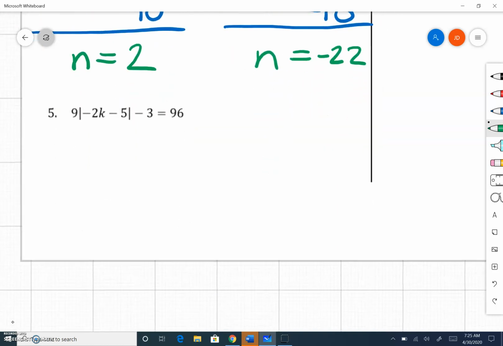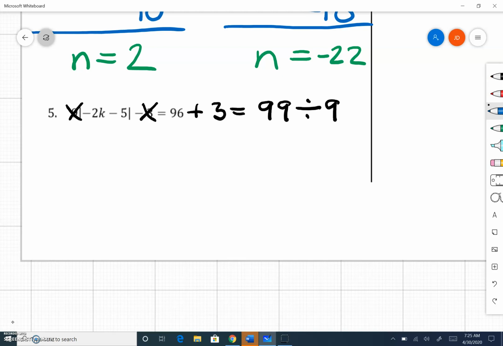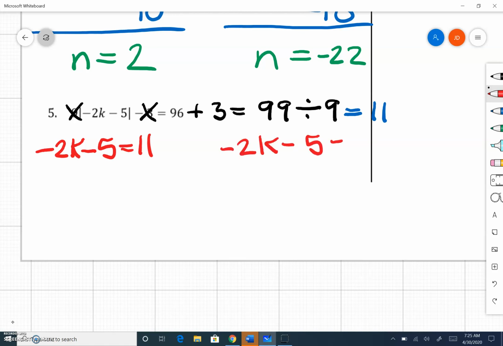And the last one, same idea. So it says minus 3, so I'm going to plus 3. Number in front, I'm going to divide. That gives me 11. Now I can set up my 2 problems. Negative 2k minus 5 equals 11. Negative 2k minus 5 equals negative 11. This is a 2-step, so I'm going to move the number first, so that's